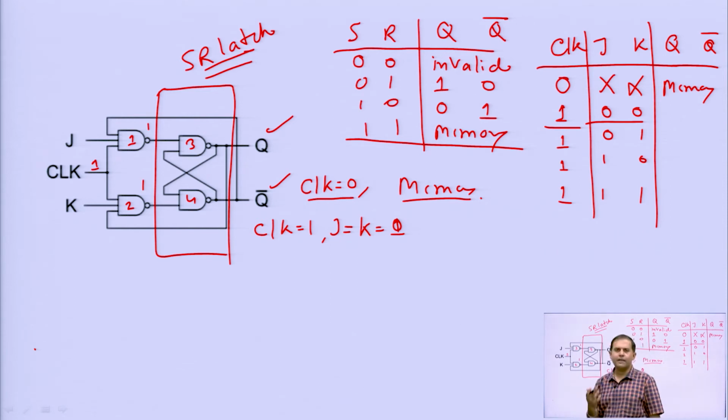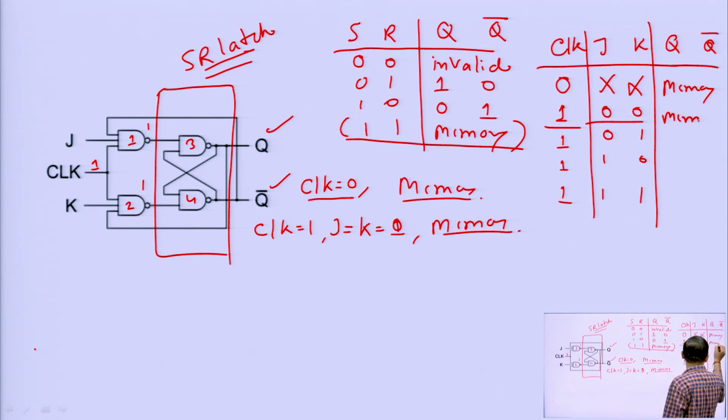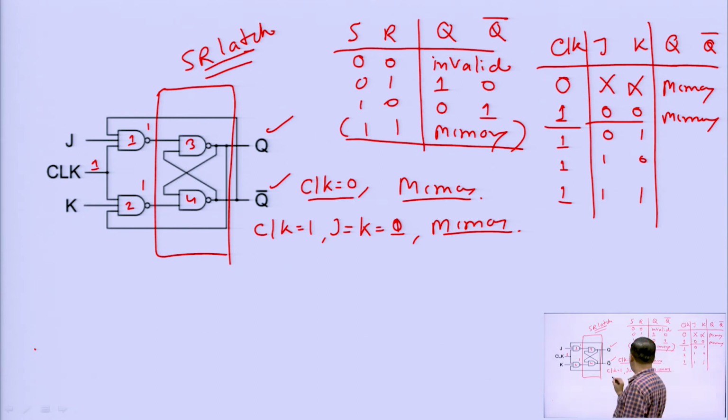So, again the same rule, if any one of the inputs of a NAND gate is 0, then the output will be 1. So, here also the output will be 1 for NAND gates 1 and 2, and if 1 and 1 is the input of an SR latch, the output will be memory. So, in that case also the next state will be the same as the present state. So, here we can see that this is also memory. Got it up to this? Now, when clock is 1